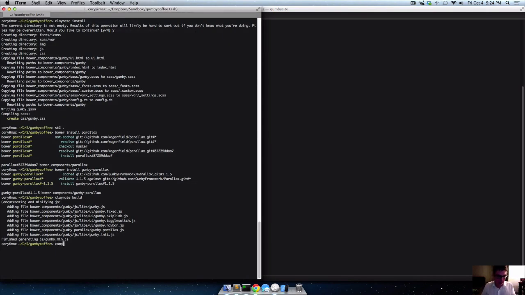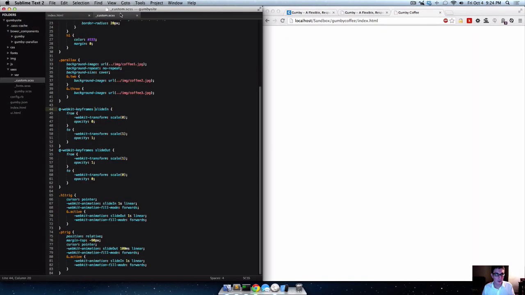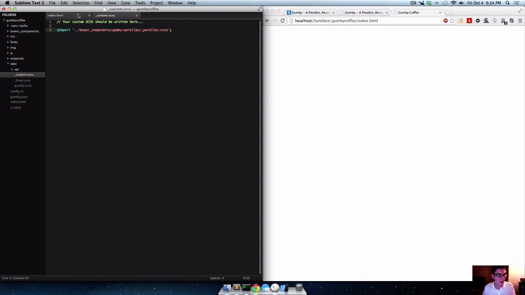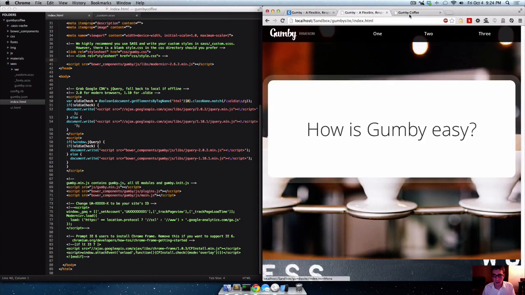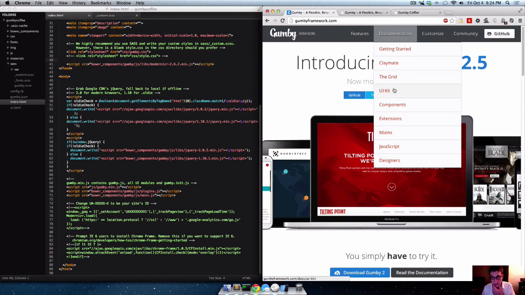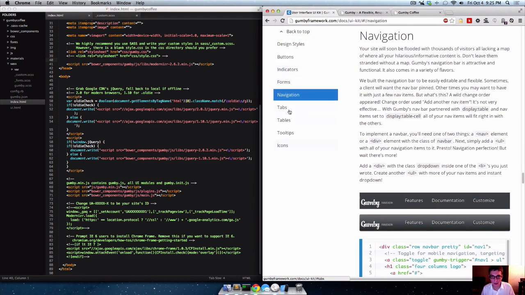Now we need to do a compass watch. Alright, now we're ready to edit our HTML, so we can close out our Gumby JSON file. Alright. So first off, we've got a nav bar up here. So the way I like to do the nav bars is just go to documentation, UI kit, click on navigation,